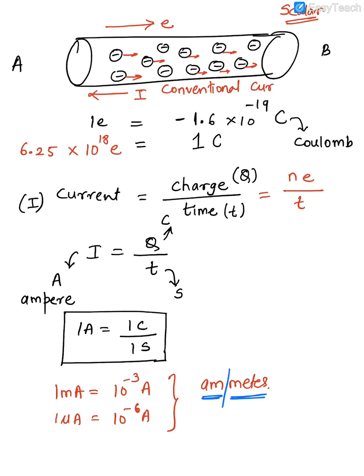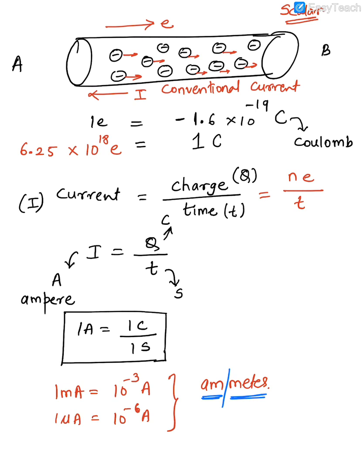What is the story? Earlier, in the beginning, when the scientists were developing the theory, they thought that the electrons are moving from A to B and the current is always opposing them. But then later on they realized that the electrons and the current are both flowing in the same direction. So instead of changing the whole theory, they just made up another new term. For that convenience, they named that current conventional current. Anyways, all that is not important for us.